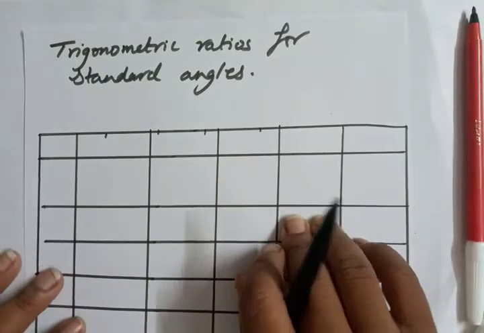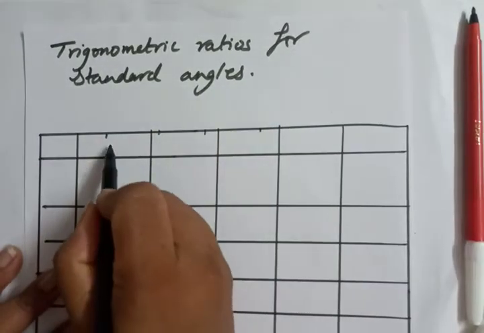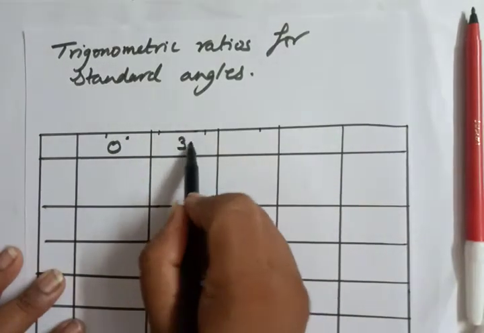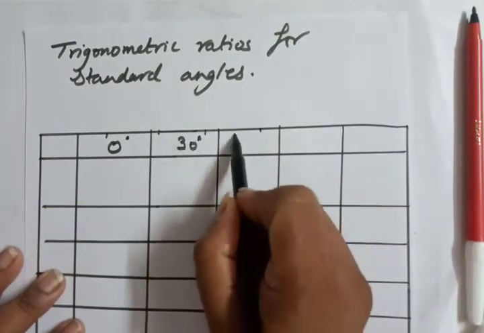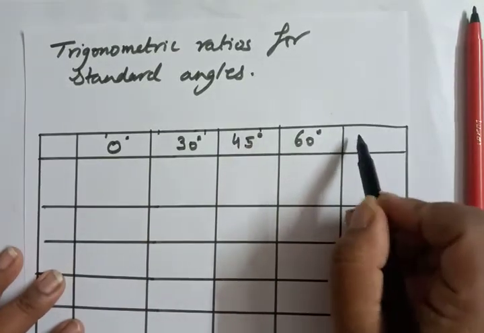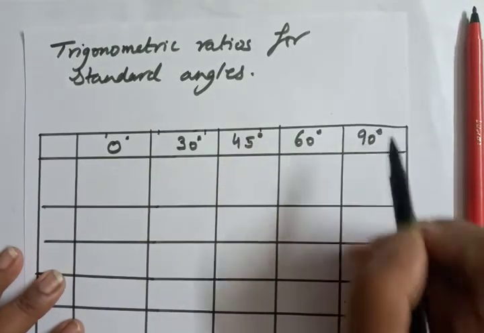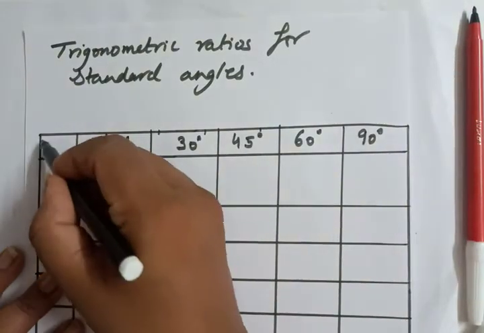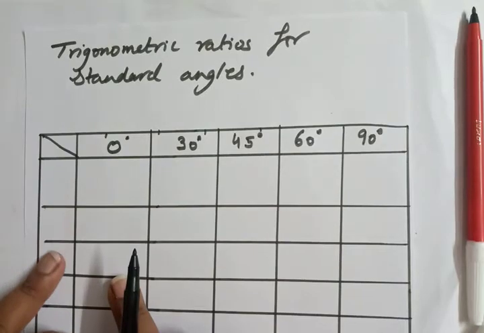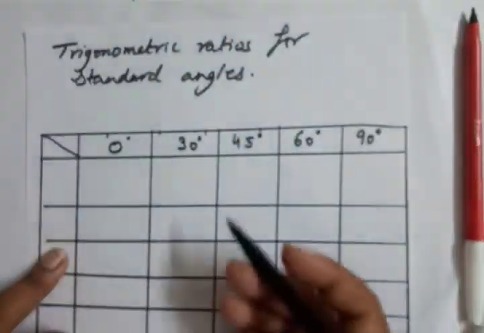So what are the standard angles? First of all, 0 degree, 30 degree, 45 degree, 60 degree, and 90 degree. And we have to find out regarding all the angles that I told you, that is sin theta, cos theta,